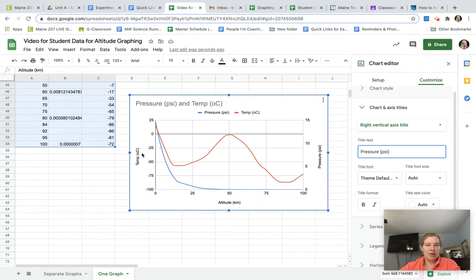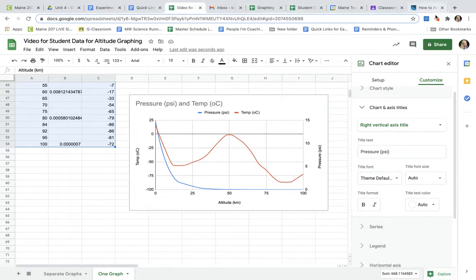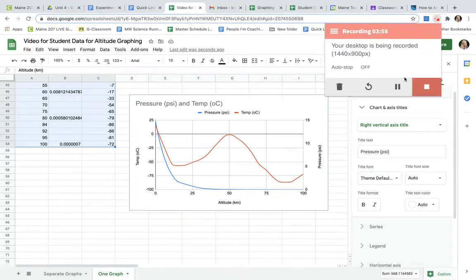But again, notice how I changed the title here. Temperature, I labeled, I made sure I had the two axes and I put the title in, and then the pressure over here. And again, always double check your data. Pressure was 0 to 15. So make sure, and yep, that's pressure. Make sure it's labeled correctly. If you want to put in some minor tick marks too, so it's a little bit easier to read,